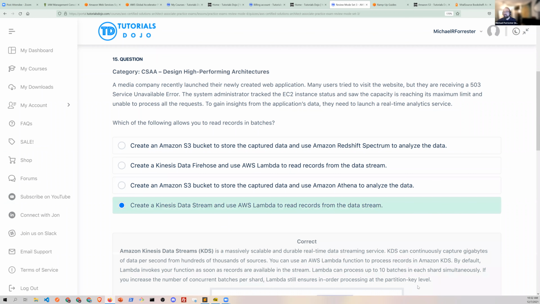And you know, Lambda can do that processing because every time something's written to the stream, a Lambda would just be triggered for that. But S3 is excluded simply because it cannot handle real time. It just can't. So you're going to have to use either Kinesis Firehose or data stream. If you want to read it in real time, you're going to have to use data stream. If you want to dump it into a database, then that's what you would use Firehose for.